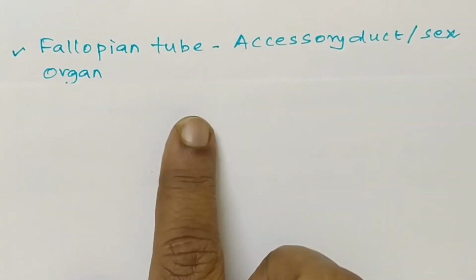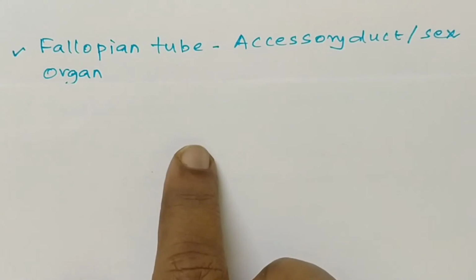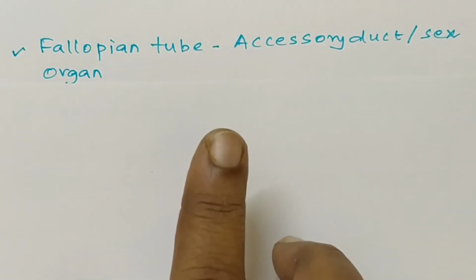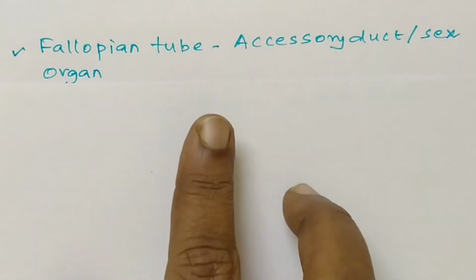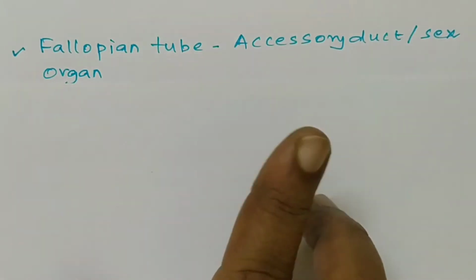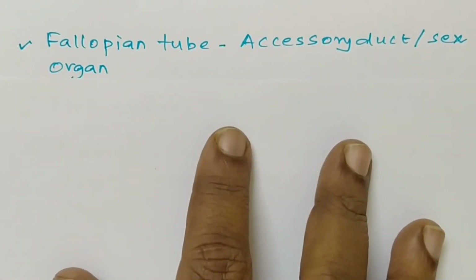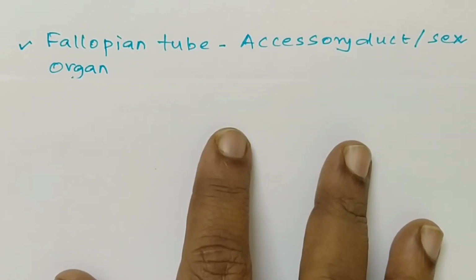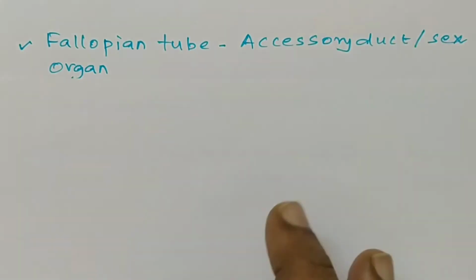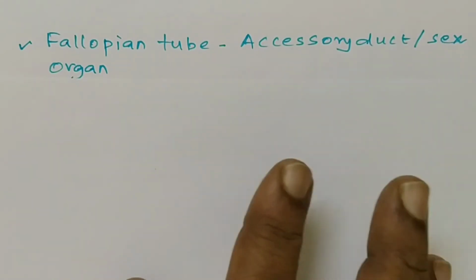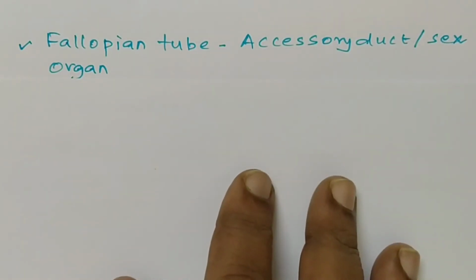Why am I showing the points? Some of the students asked me to copy our points. These points are highly helpful to you at the time of examination because it's a golden point segment. These points are extracted from various reputed biology books. If you note it down, it is highly helpful for you students at the time of NEET preparation. Just if you go through that, it is enough.